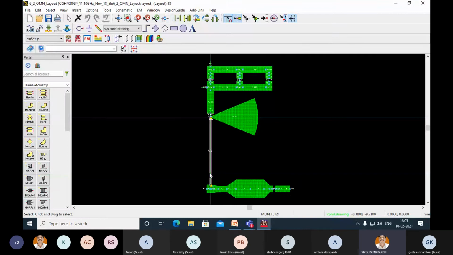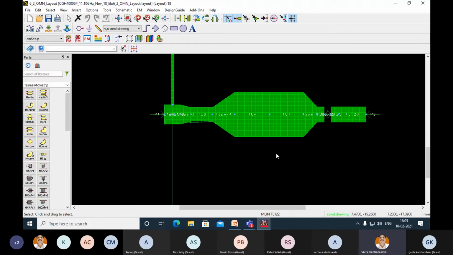Again, a lambda by 4 line in the drain bias T, a radial stub, then some extension in the length of a transmission line, 50 ohm probably. And these are the 3 bypass capacitors as we have used in the case of the gate bias T. And this is the output matching network. Though it doesn't look pretty good, it does a very good job. If I demonstrate the results of this particular power amplifier, you will appreciate the significance of these matching networks. Then this is the output coupling capacitor slot and RF out. The output SMA connector to take out the RF power from your amplifier will sit here.